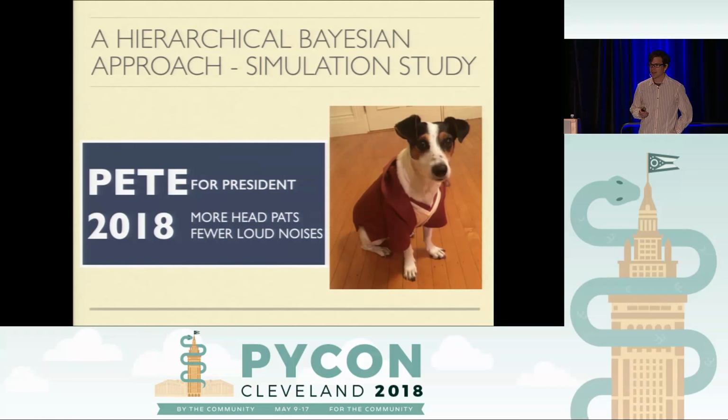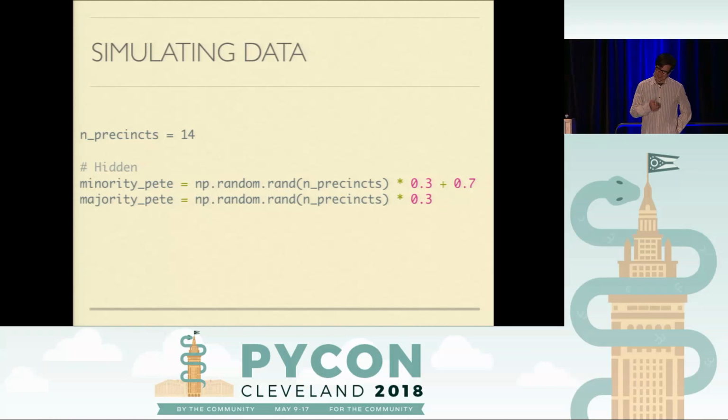So there's a lot of notation going on here. There's a lot of political groups and demographic groups. So in the following example, we're going to imagine we're trying to talk about Pete for president. He's an adorable dog. You should vote for him. He's got a simple platform. And we'll just talk about trying to figure out the majority versus minority percent of vote for Pete. Who wouldn't vote for those eyes, you know?